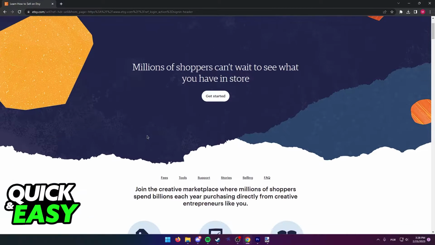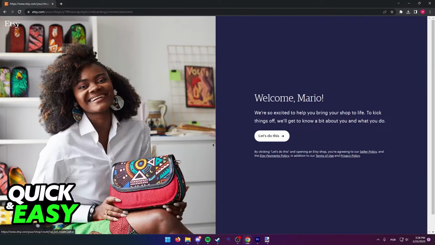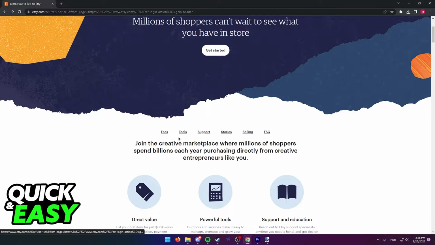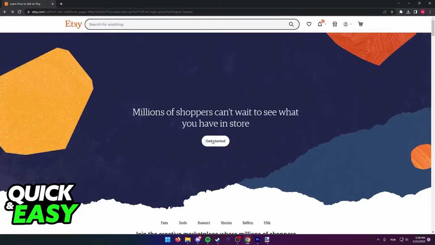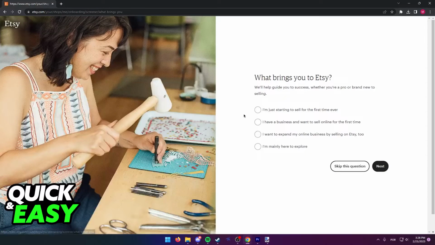As you can see, it's going to take you to this page and you can simply select Get Started. If you want to read about other additional steps, you can go back and read about the fees, the tools available, the support page, etc. Once you are satisfied, follow through with the setup by clicking Let's Do This and answering the quick questions they